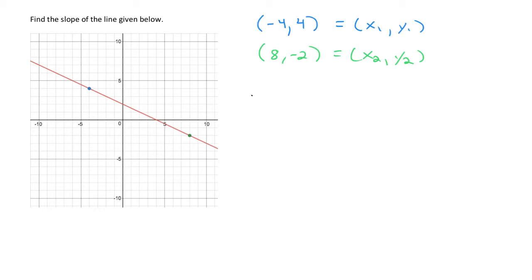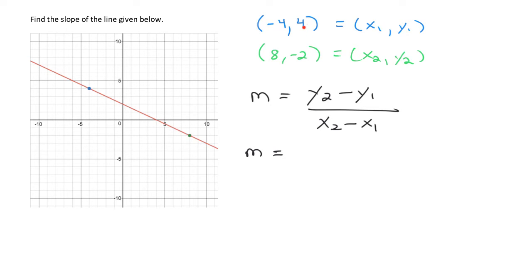And the formula we had for slope was y2 minus y1 over x2 minus x1. Now, if that whole rise over run idea made sense, you could probably just look at your graph and say, how far did I go over and how far did I go down? And then you could just divide those numbers in the correct way. But really, just to go back to this formula, we have that the slope is